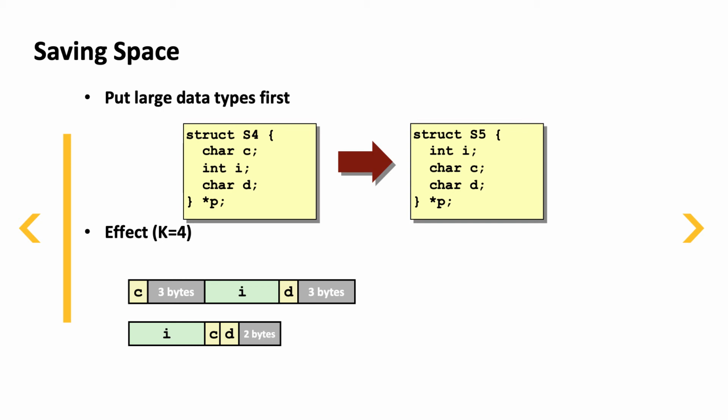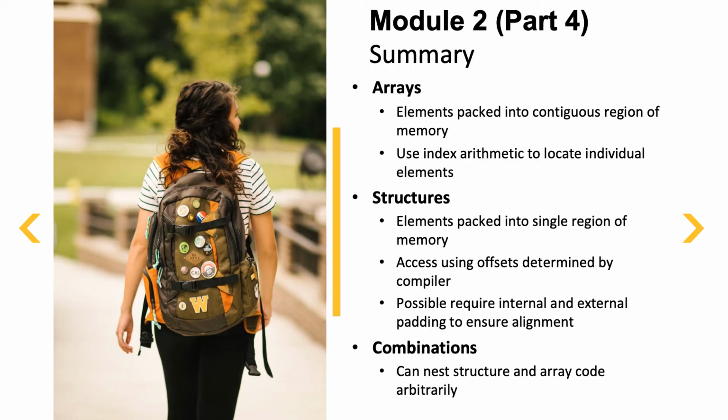So again, this is a good general approach. It's not going to cost you extra space, and it might not save you space, depending on the combination of things you have in your struct, but in many, many cases it will. So we always want to keep that in mind and try to apply that when we're coding. So walking away from this video and from the entirety of Module 2, this is the end of our Module 2 videos. We've gone through arrays, how the elements of arrays are packed into contiguous regions of memory,